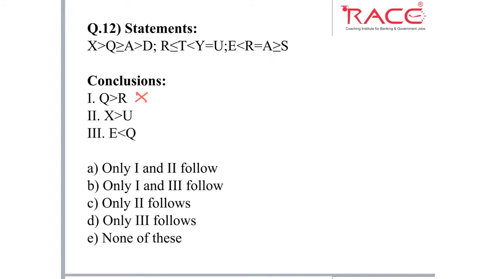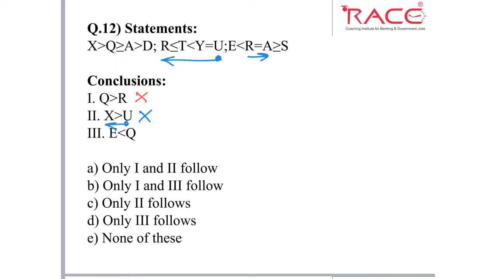Next we need to move from U to X. Where do we have U? We have U in the second statement, X in the first statement. Which element connects them? We have to move from U to R first, R to A, then A to X. But as we can see, while moving from U to R, we have an opposite face with respect to the arrow. So directly we will say this does not follow.